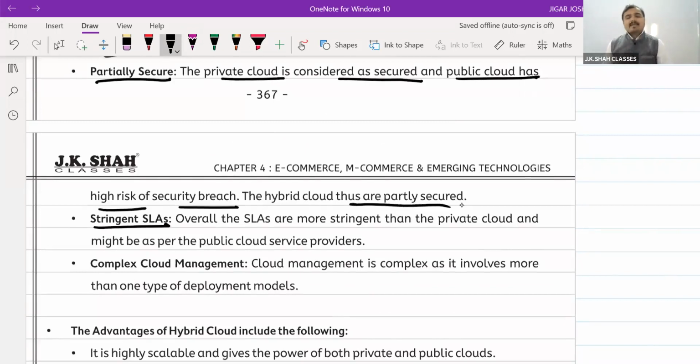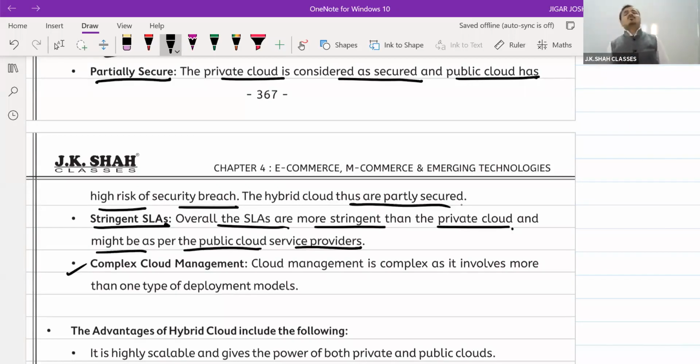Third one. In private cloud, do we have a loose SLA? Yes or no? Yes, sir. In private cloud, we have a loose SLA. And in case of public cloud, people, a strict SLA. Same we will write it down. Stringent, strict SLA. Overall SLAs are more stringent than private cloud and might be as per the public cloud service